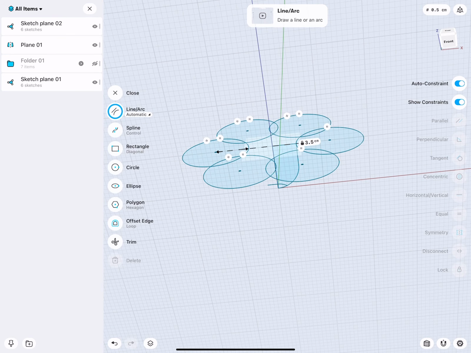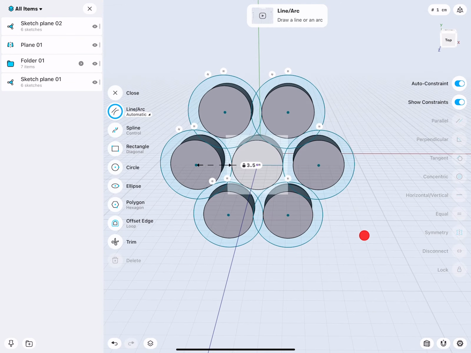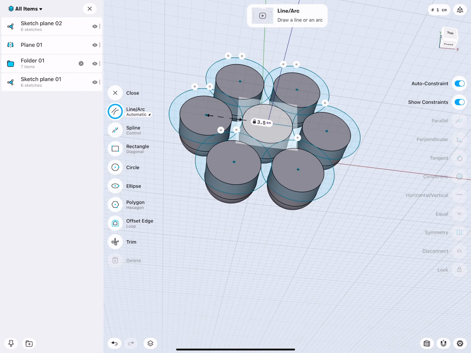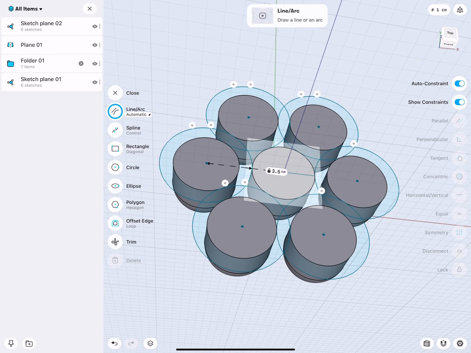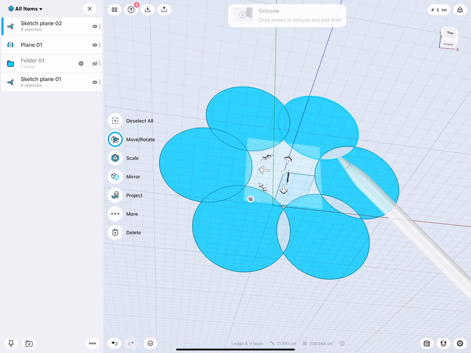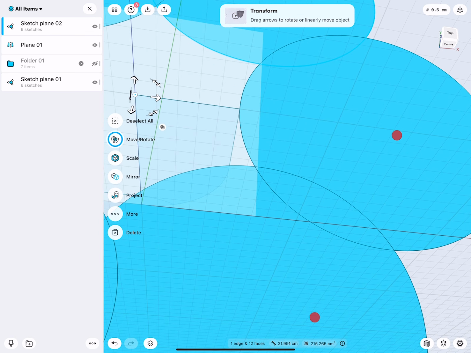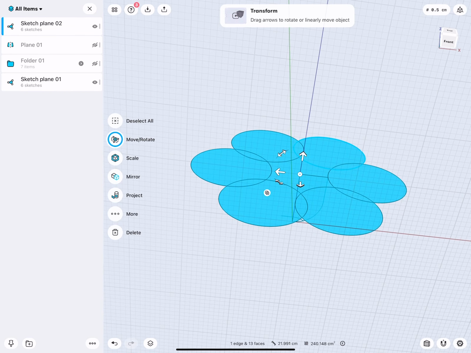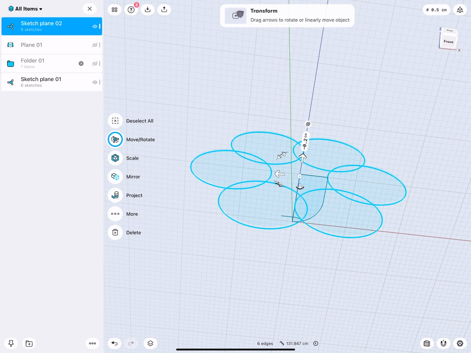Okay, I hope this so far showed you how, via very simplistic geometry, we step by step start working ourselves towards the bigger problem. Maybe see this as a reference in classical art. When we go to a museum, we only see the final masterpiece, but we don't see how everything was sketched out before they started painting it. And we're kind of doing the same. So we have the sketch for the upper plate. If we want, we could extrude this 2 millimeters.